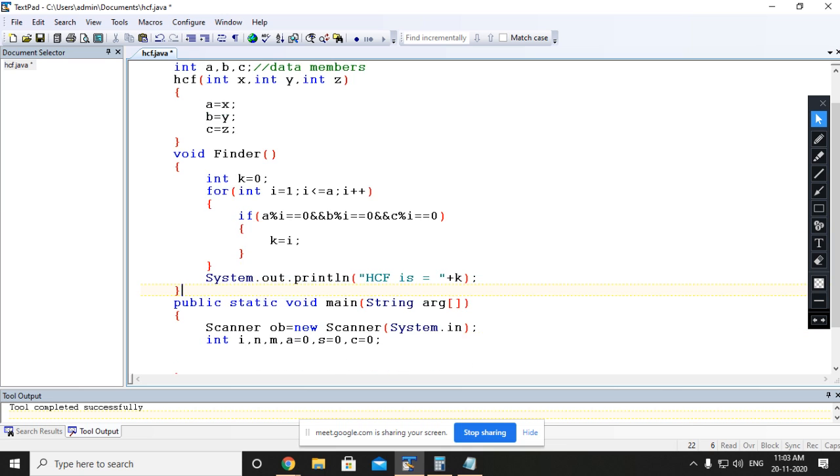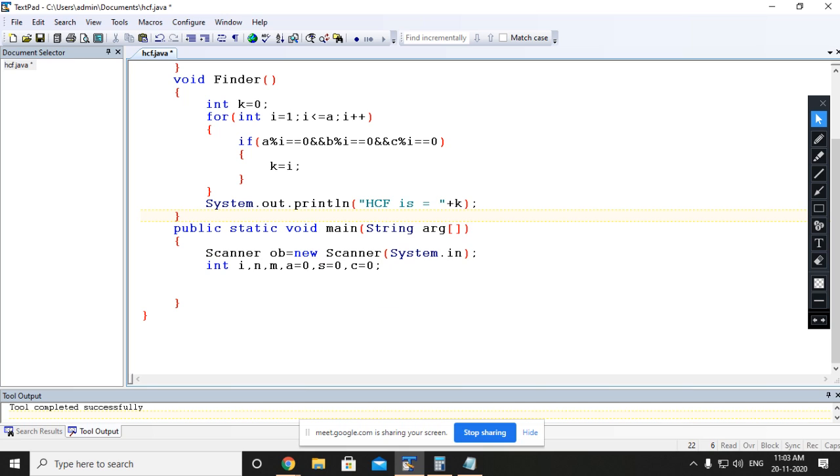Now come to the main part. How many parameters? There are 3 parameters. That means we need to enter 3 numbers. So we will take input of 3 numbers from the user.